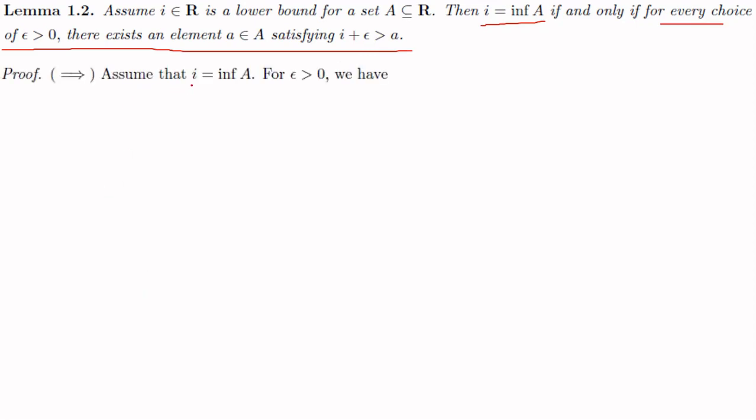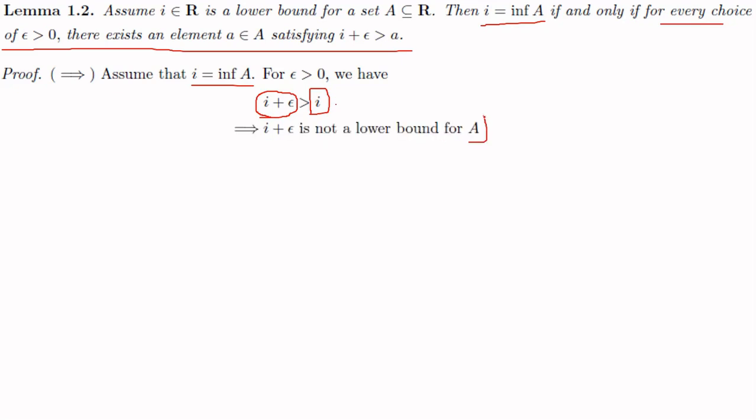So we assume that I is equal to infimum of A. Now we know that for every epsilon greater than 0, I plus epsilon is greater than I. Here I is the infimum of the set A. Infimum means the greatest lower bound. That means any number greater than I will not be a lower bound of the set A. Since I plus epsilon is greater than I, this means that I plus epsilon is not a lower bound of